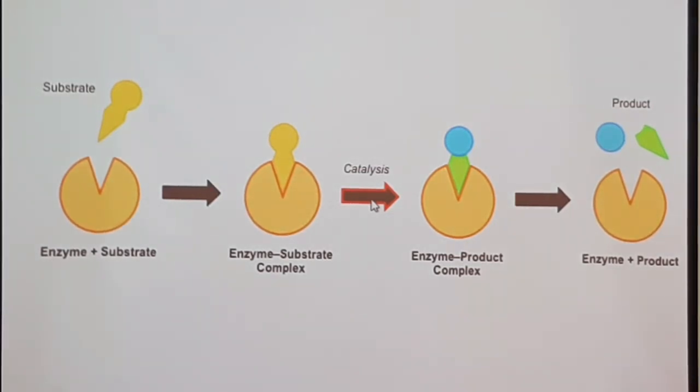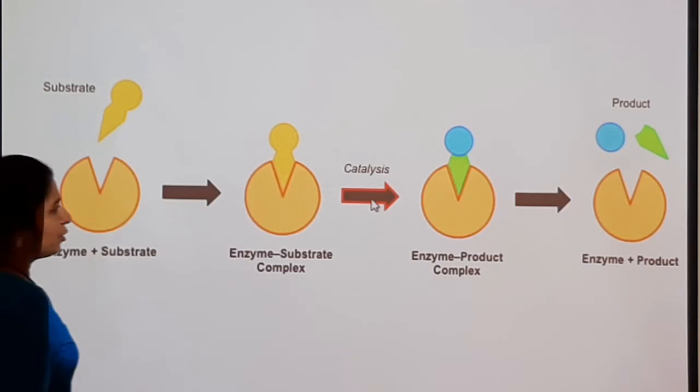So accordingly the chemical reaction happens, and after catalyzing the chemical reaction you can see the enzyme product complex in which the enzyme is as it is, but the substrate is broken down into two parts. One is the blue circle and the other one is the green pointed part. So initially one chemical, right, just imagine the substrate is a chemical named AB. Now when AB breaks, we get chemical A separately and chemical B separately. Are you getting the point?